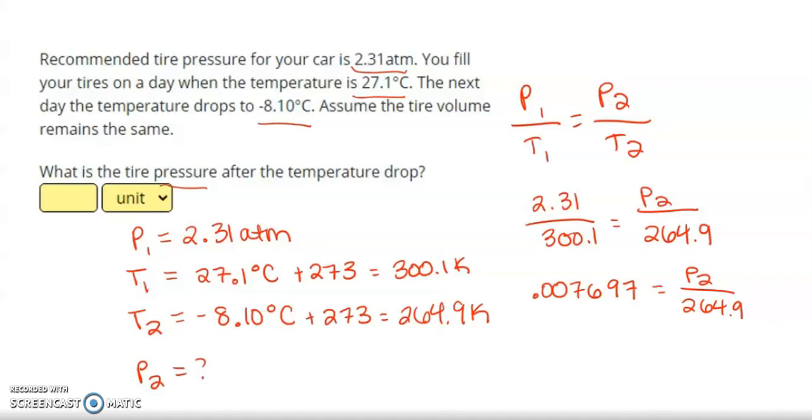Now I want to get P2 by itself. Right now I'm dividing by 264.9, so I'm going to multiply by that to get rid of it. I multiply both sides by 264.9. It cancels on the right side. So P2 is equal to, and I'm going to plug in my calculator, 264.9 times 0.007697. And that gives me 2.04